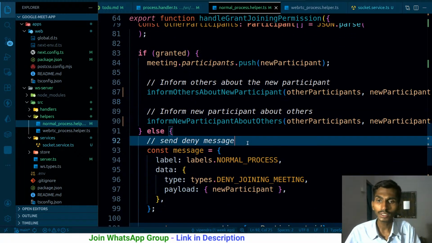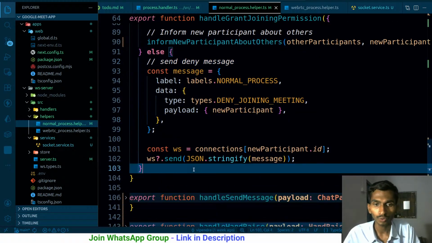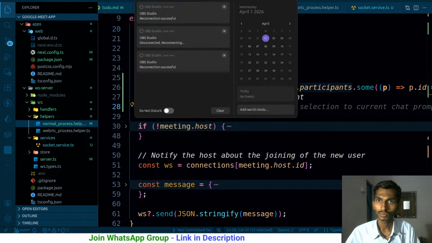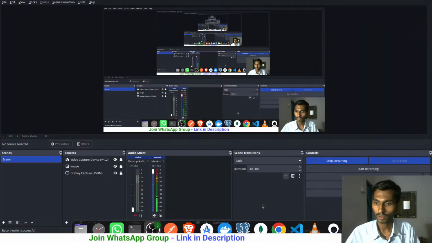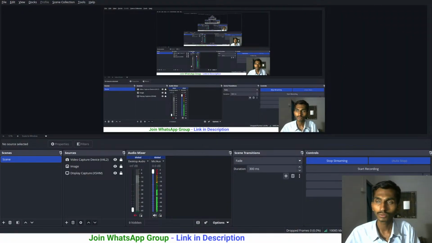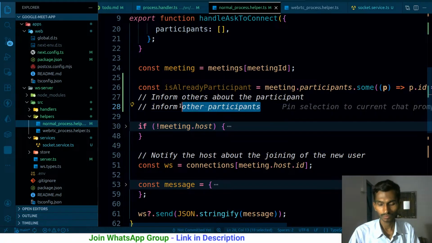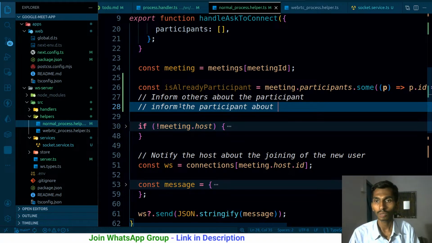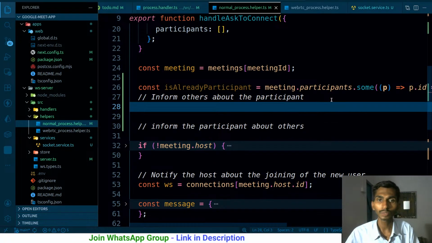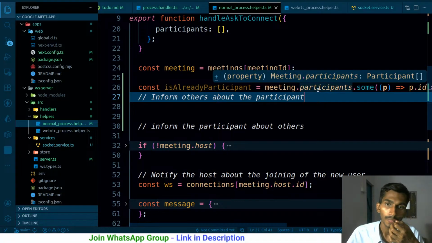Okay, then I have send a deny message. Well, this is also one of the things, but okay, let's not worry about this. Am I facing a network issue here? Yeah, really badly. Not really badly, but okay. It's sort of inform others about the participant, and that can be new participant, that cannot be new participant. Inform the participant about others. They are the two things that we have to do over here, and doing it is sort of simple because we already have a function. When we are doing these things, informing others and all,